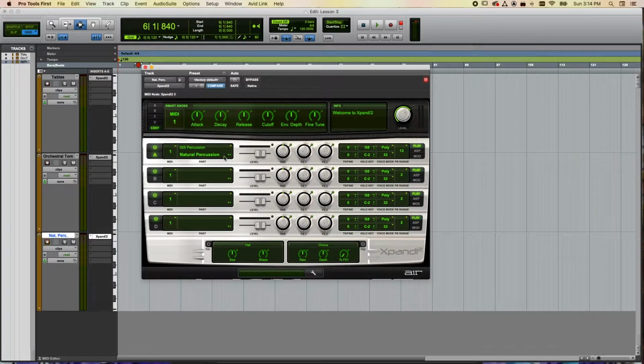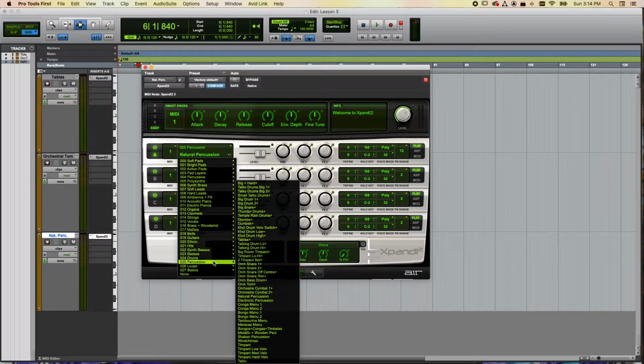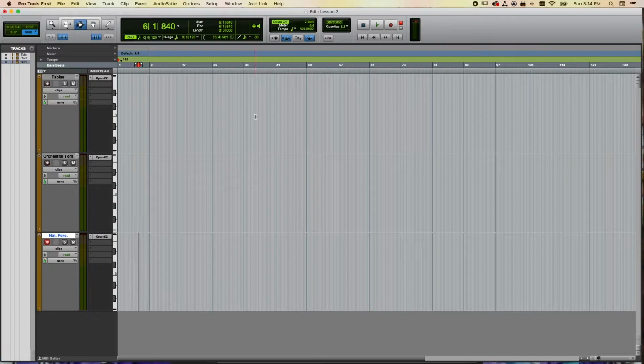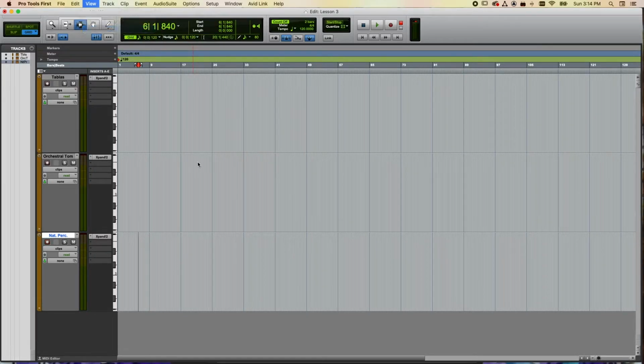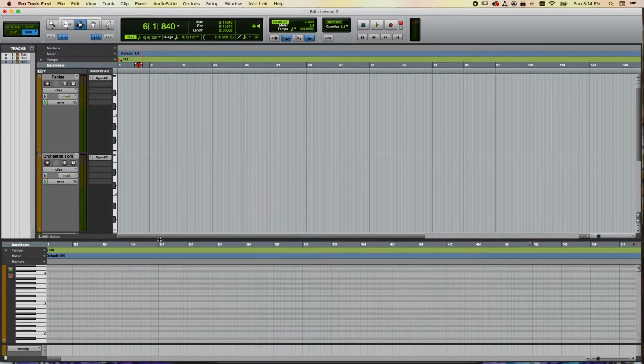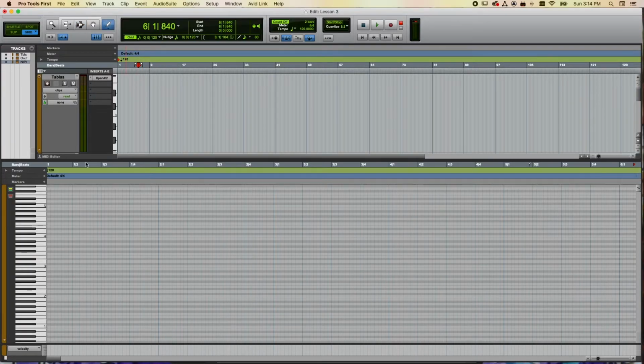this is from the natural percussion under percussion, way down here, this one right here. And on this one, what we have is a series of different samples on each note. Let me show you what that looks like in our MIDI editor on this track. So if I enter in a note